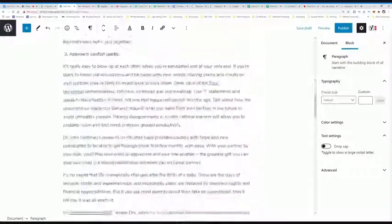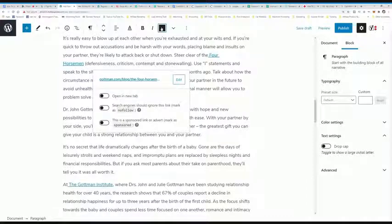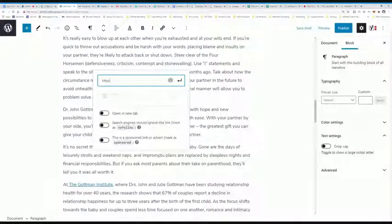And then you can link out. For example, this links out to another Gottman article. This is another strategy to help your blog posts rank higher. But if I was to just break this real quick and recreate it, all I've got to do is highlight the text right here, click on the little chain here, and then type the URL. So HTTPS, and if it was